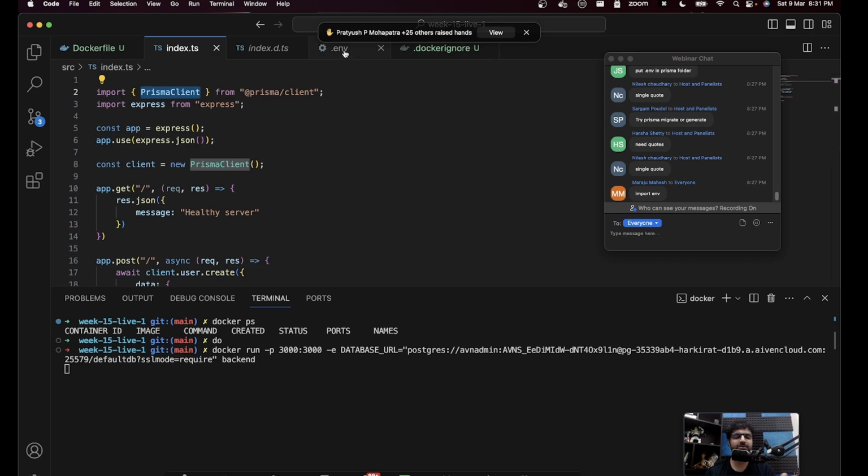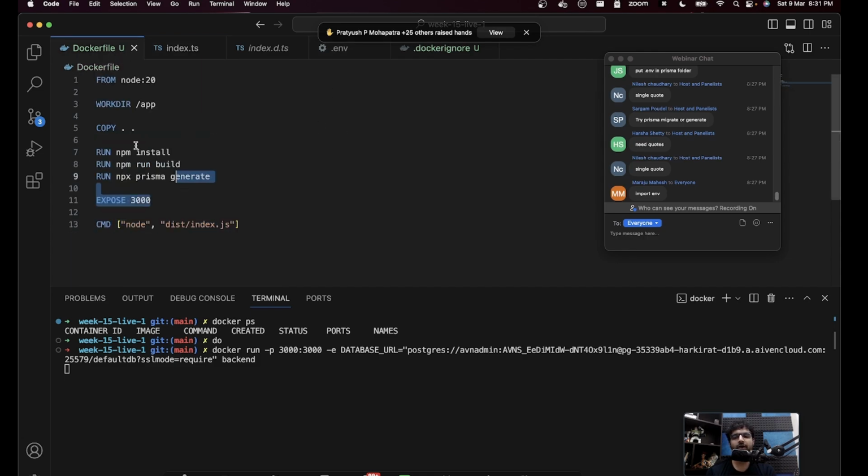Just because I'm speaking a few things here, let me know if you want me to repeat this. I did not have the database URL at all here. How did injecting it when running this specific command create the database connection? Because during client generation we did not have the database URL. Never mind, I will explain this very well again from the top.